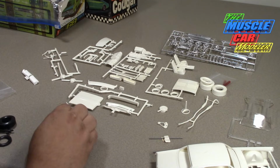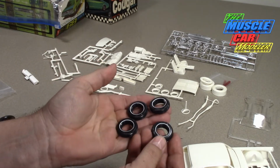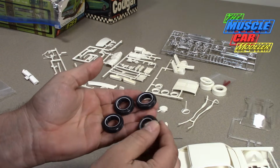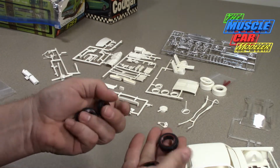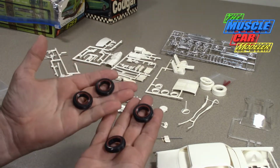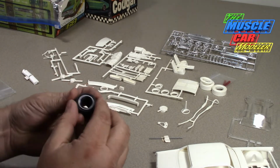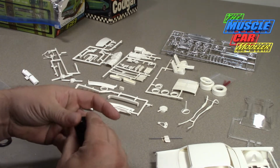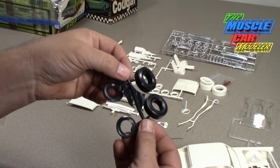And then it comes with the 4 tires. These are the stock ones. They're red and white wall on both sides, which I thought was cool. I usually replace them with the Model House ones because these tend to melt the plastic wheels, so I tend to avoid them. Sometimes I'll sell these on eBay. And then also the rubber drag wheels,